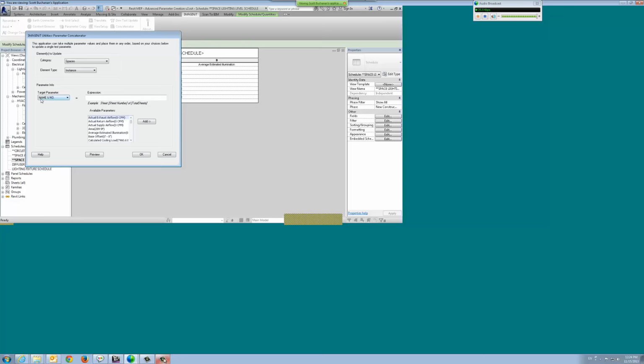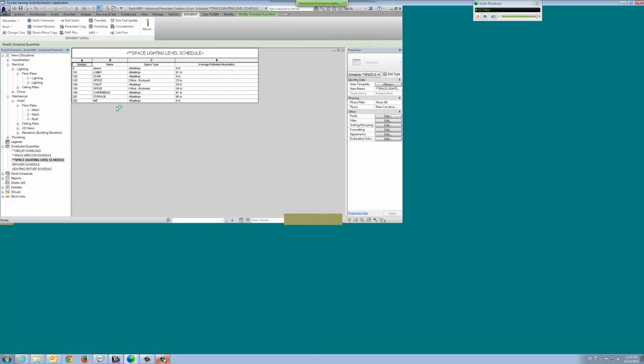Well, we can see we've got our custom name and number. So what is this parameter going to equal? I'll take a look at my available parameters that I've got down here. And depending upon the order, I guess I should call it name and number, number and name. So I'll add name as a parameter. And again, I can put a delimiter there, a dash, an X, or just a space. Get my number and choose OK, and it's going to go ahead and update however many of those object types